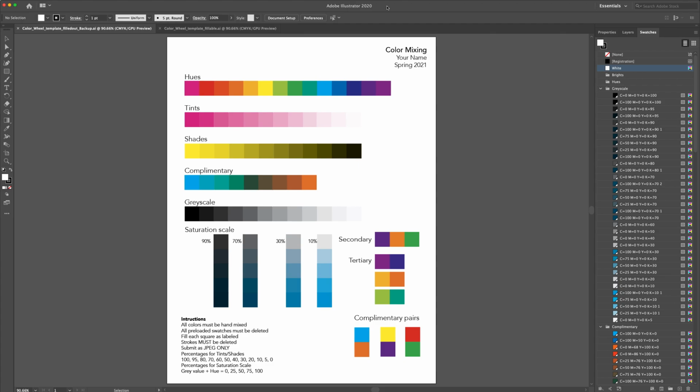So today we're going to take a look at color mixing in Adobe Illustrator. One of the things that we're going to be doing is we're going to fill in this whole big chart right here, and we're going to be hand mixing all of our colors. So I wanted to show you what your end file will look like, and then we'll actually build the file